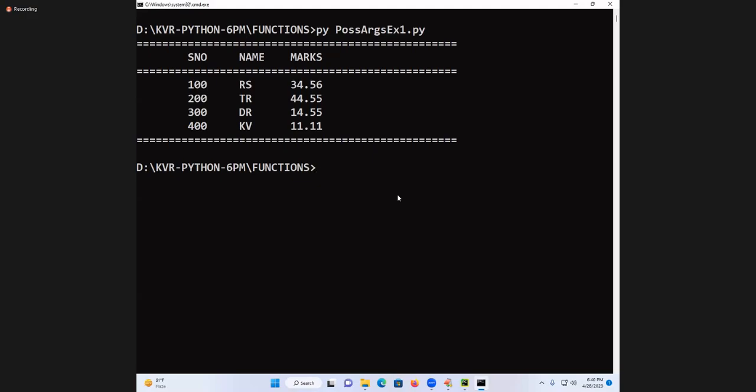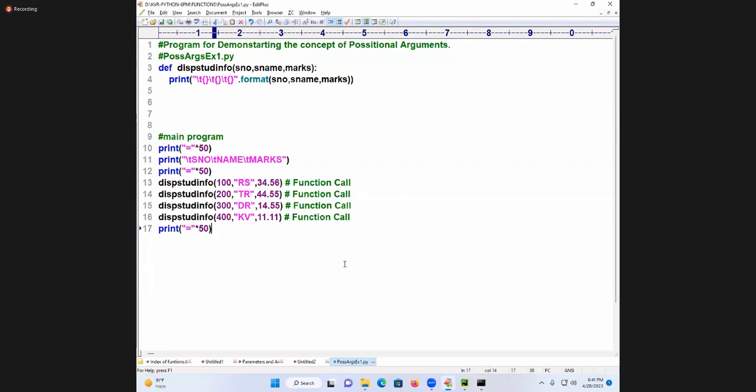What did you understand? You tell me. In positional arguments, the first argument value goes to the first parameter, second to second, third to third, nth to nth. That is number one. Number two, the number of arguments in the function call must be equal to the number of parameters in the function heading. While we are using positional parameters, order must be maintained. Getting my point? And one more thing: positional arguments concept is used for passing which data? Specific data. It differs the data from one function call to another function call. Got it?